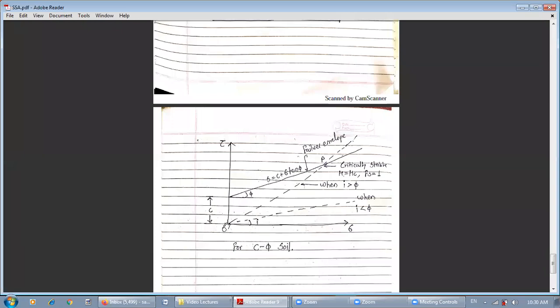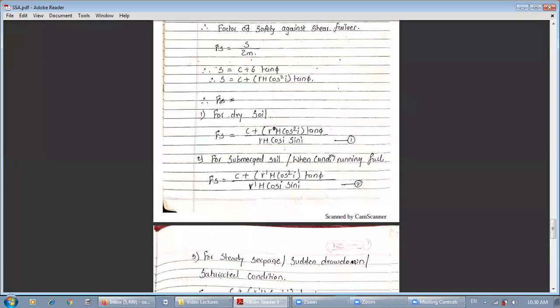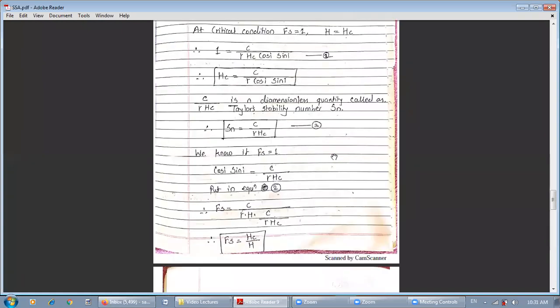Okay, so in the initial condition H is less than Hc, so the slope is stable. As it reaches the failure envelope at point P, H will be equal to Hc and the slope is critically stable. And if it extends beyond point P, H is greater than Hc and the slope will be in the unstable condition. The failure envelope will not change, only your i values will change. Okay, so this is the end of our next unit. A couple of points remain, which we will take in the next lecture.